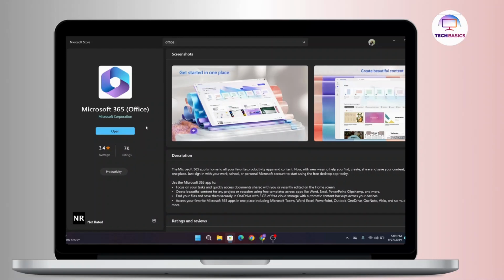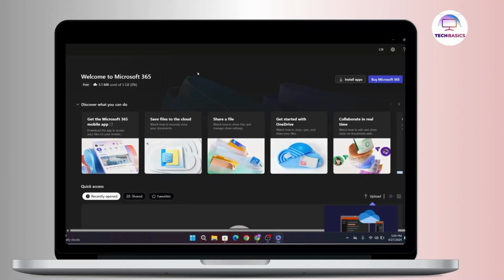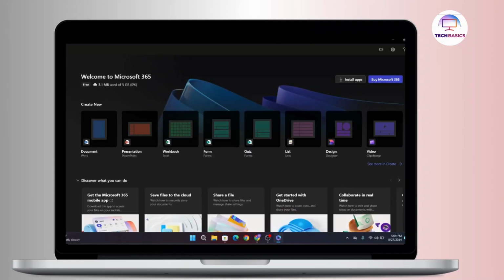Once this Microsoft 365 is downloaded, you can open it up, then log into your account. After that, you can use Word, Excel, PowerPoint, Outlook, OneDrive, Microsoft Teams, and OneNote in Microsoft 365. So this is the way to download and install Microsoft 365 for free in laptop, and that's all for today's